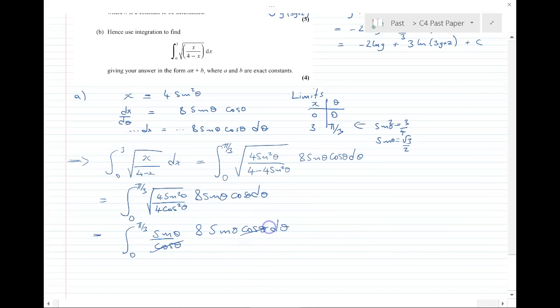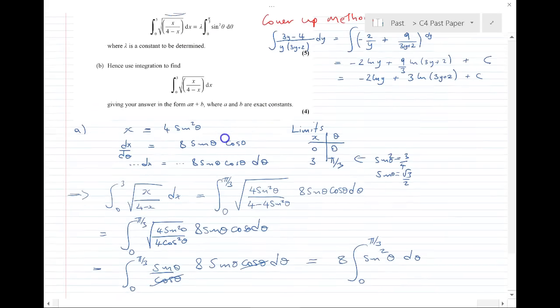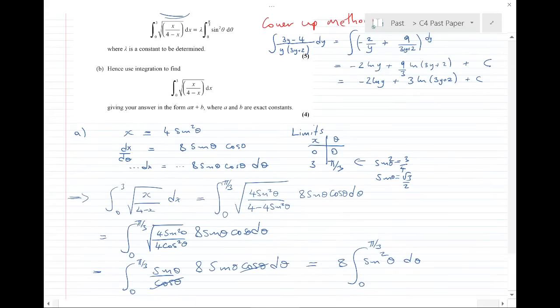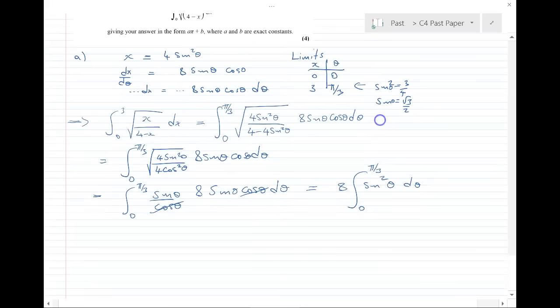So the cos theta cancels, so that equals 8 sine squared theta d theta, which is what we're asked to prove, where lambda is equal to 8 in the expression we had there. Okay, so that's that bit, and now it says hence work out the integral in that form,